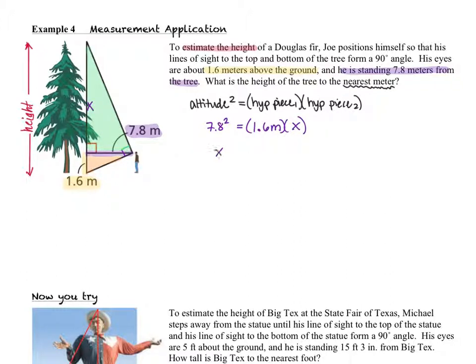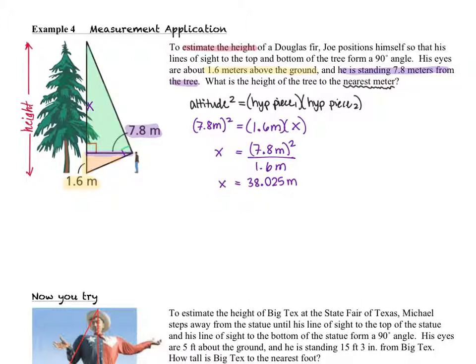So x is going to be equal to 7.8 meters squared divided by 1.6 meters. This is going to end up giving us a result of that higher piece of the hypotenuse being about 38